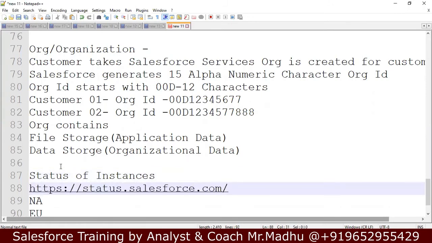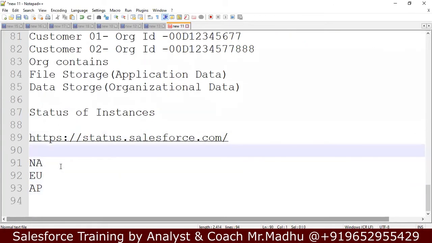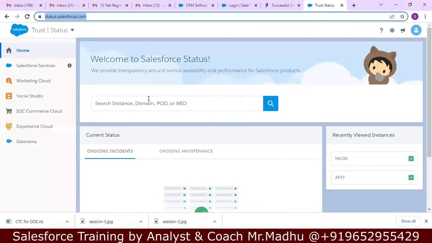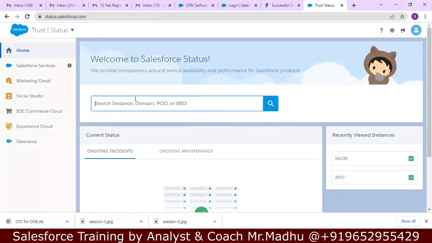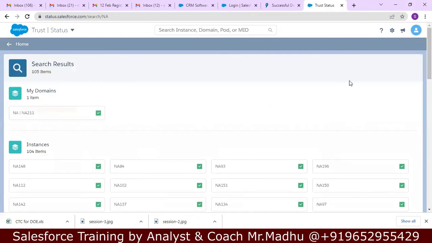Go to status.salesforce.com. First I want to check for NA instances. How many instances are available in the North America region? Just type NA in the search bar. We will see all the instances in the North America region.